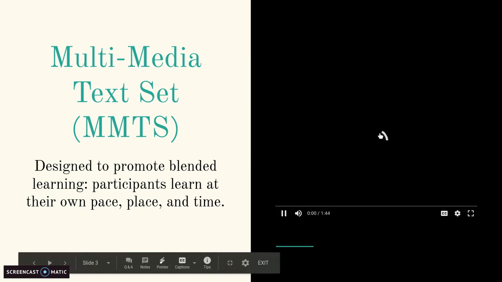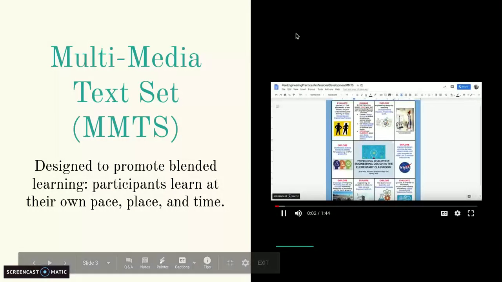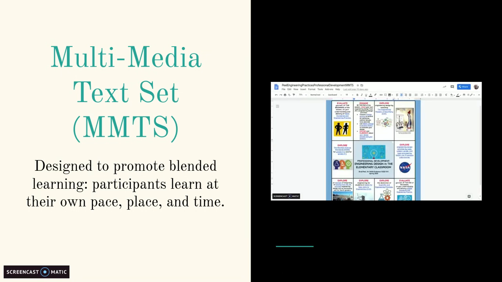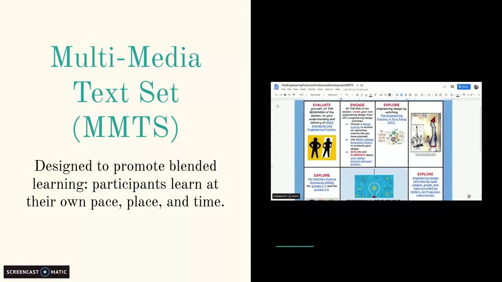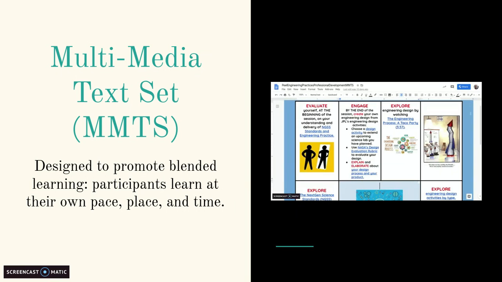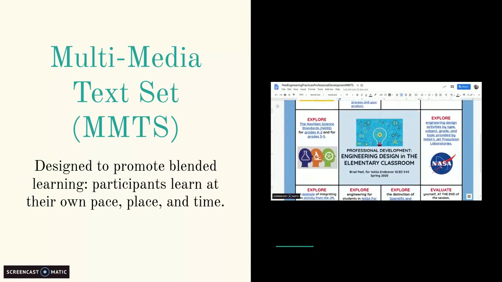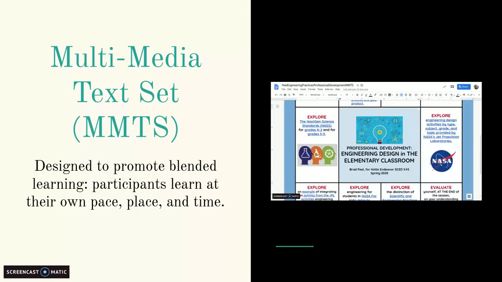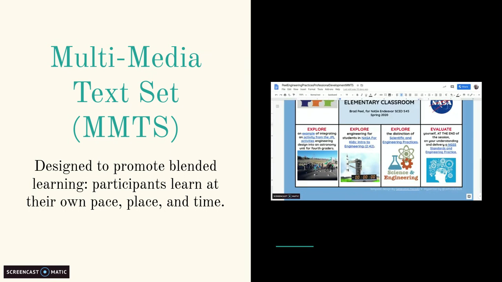As you can see, the MMTS is a comprehensive media document in which I could present not only the objectives of the professional development, but also different materials for each of the professionals to explore at their own leisure. It wasn't important that the participants engaged in all of the exploration pieces. It was more so that participants chose the exploration materials in which they were interested to increase their aptitudes